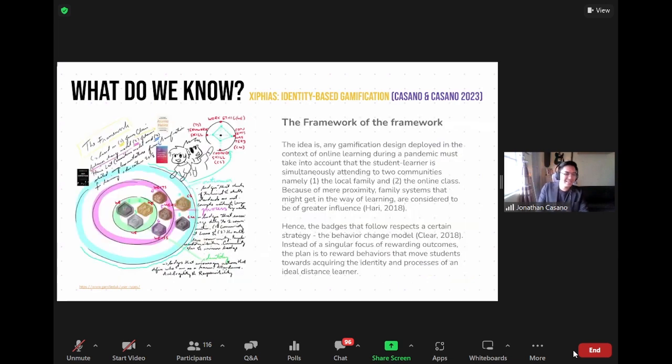So these are our ideas. The idea was any gamification design deployed in the context of online learning, emergency remote teaching during a pandemic must take into account that the student learner is simultaneously attending to 2 communities. Na-feel nyo rin ba to? The local family has a system, it has an impact on you, and the online class has its own system, has its impact on you. Because of mere proximity, family systems that might get in the way of learning are considered to be of greater influence. Mas malapit ka dun eh, online kayo. Hence, the badges that we designed follows a certain strategy called the behavior change